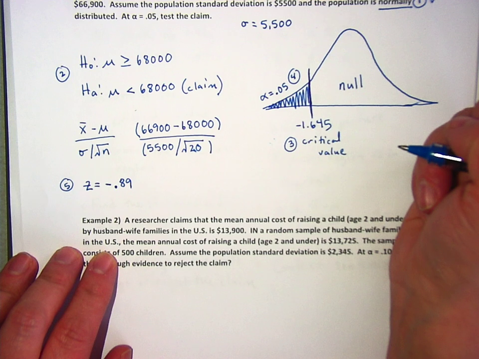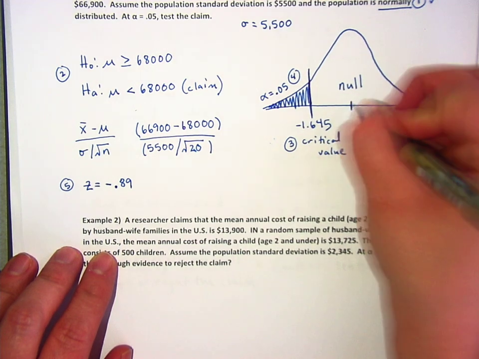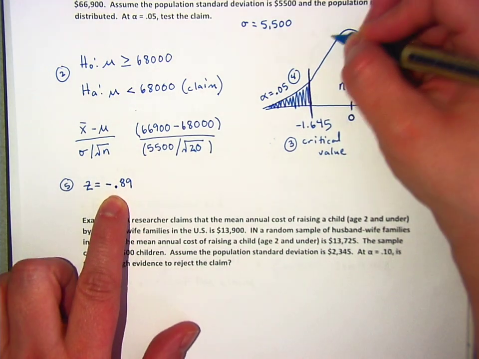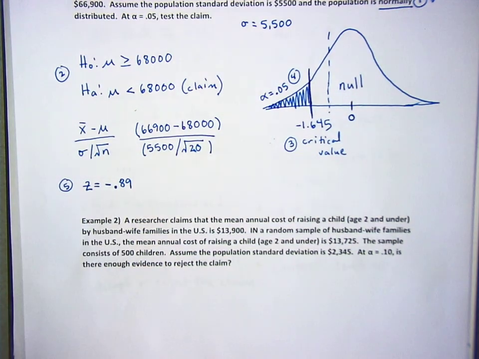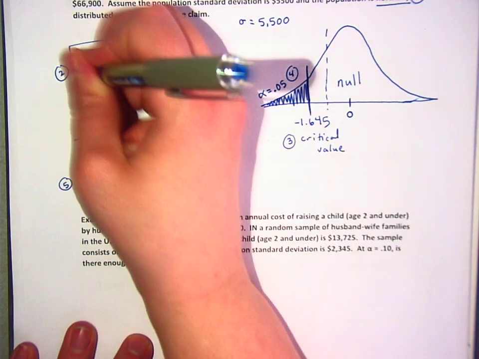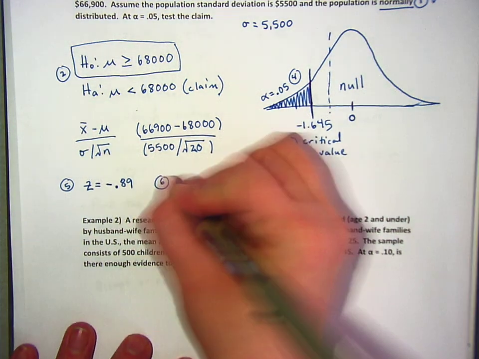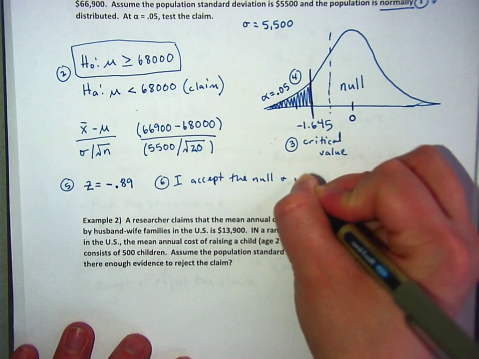Did you get the same thing I did? Yeah. So here would be a z-score of 0 right in the center, right? So a z-score of negative 0.89, maybe it's hitting right here. Do you see how that hit in the null? It didn't hit in the rejection region, which means that I'm going to accept the null and reject the claim. So for my sentence, I'm going to write, I accept the null and reject the claim